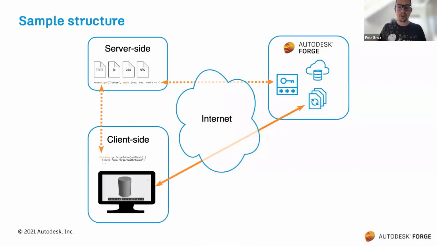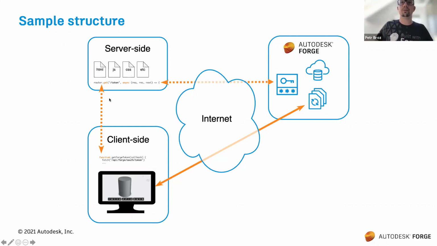Now, before we get to the coding, here's a simple diagram indicating how this whole collaboration between Forge and your application and your user's browser works together. So basically what we're going to be implementing is this server-side component now. It's going to be our simple server application that's going to be communicating with the Forge servers, with the Forge services. And then our server will also expose some of that functionality through its own endpoints, server endpoints or URLs or whatever you want to call them,